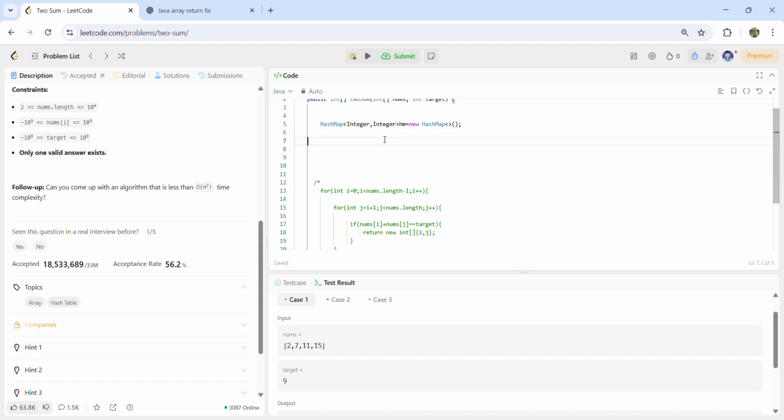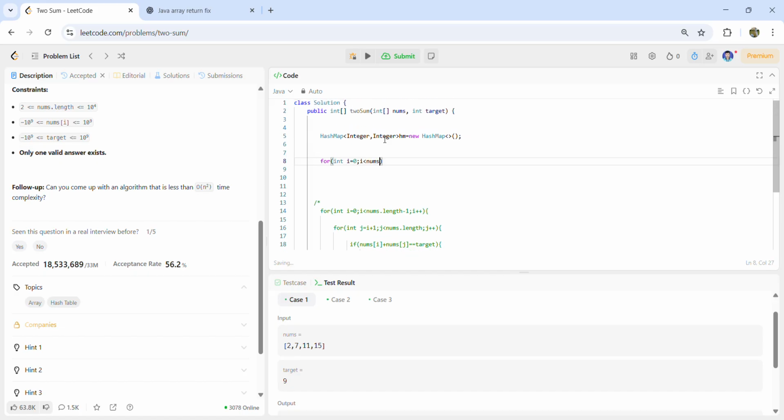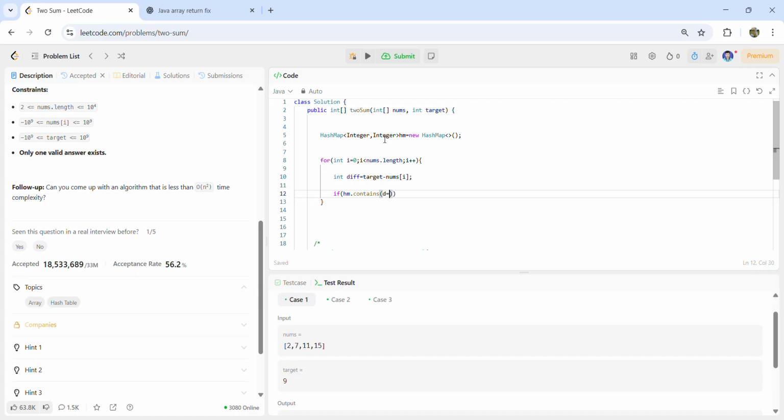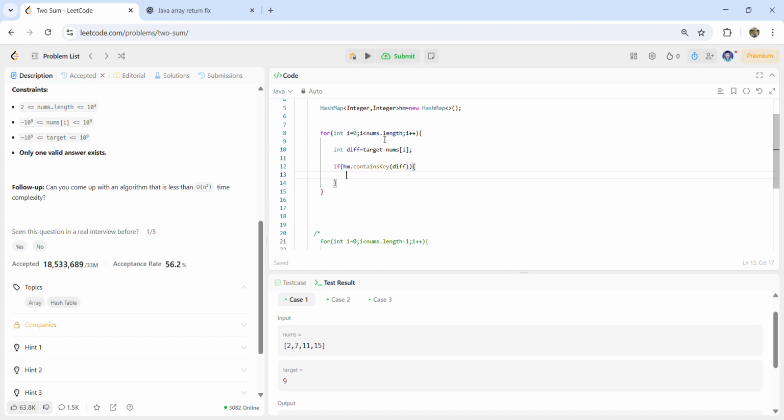So I write a loop, for int i equal to 0 and i is less than nums.length and i plus plus, and I compute the difference equal to target minus nums[i]. If hm.containsKey(difference), that is, if it contains the key,